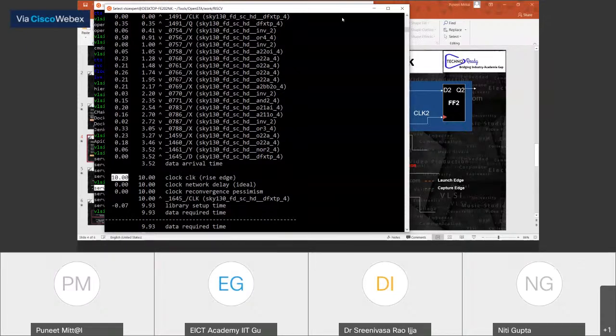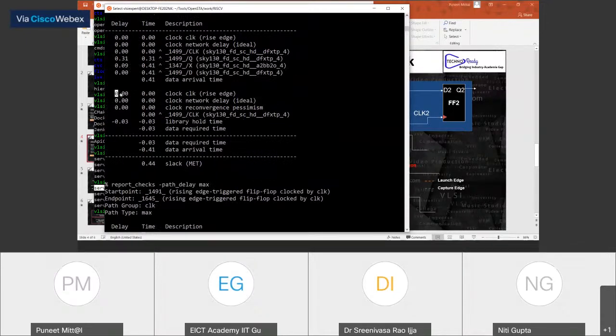But if you will see in a hold, it is 0, because it is with respect to the same edge. It is with respect to the same edge, no time period was involved here. Now, just